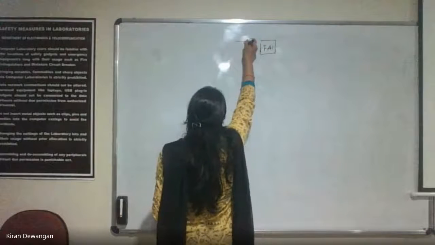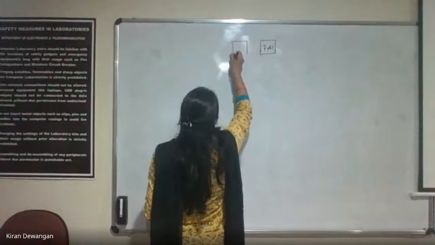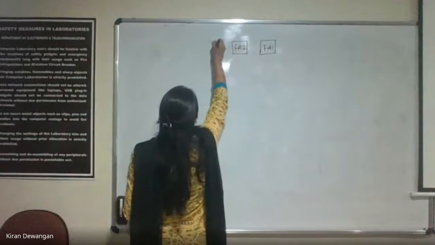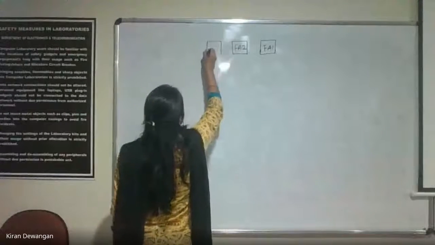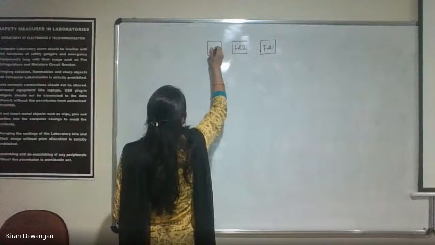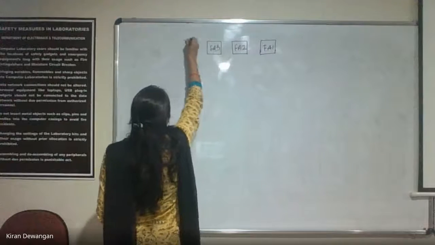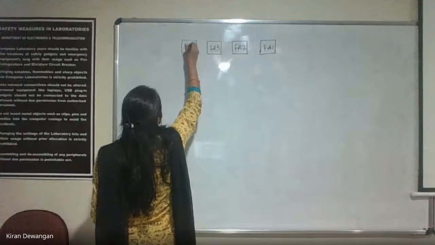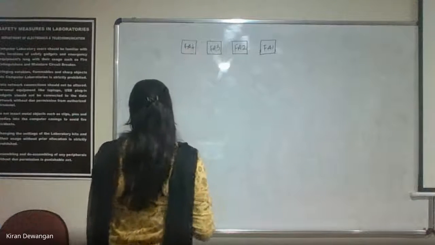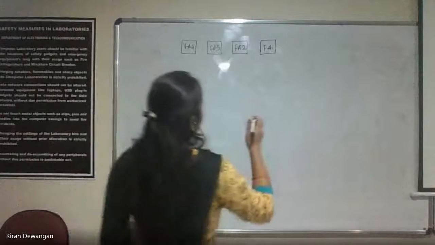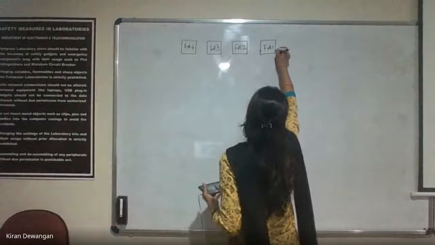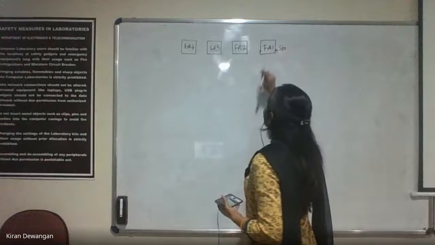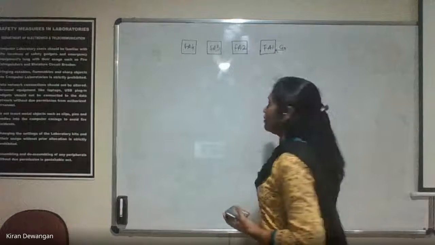This side will have full adder 1. This is full adder 2. Then we had full adder 3. Then the last one was full adder 4. So this way we had 4 full adders. The input was Cin given only to the first full adder.